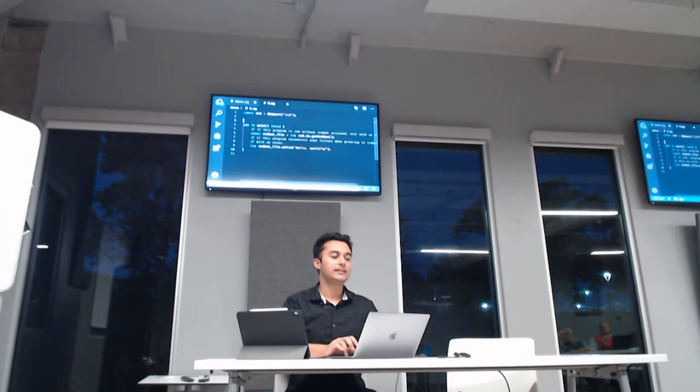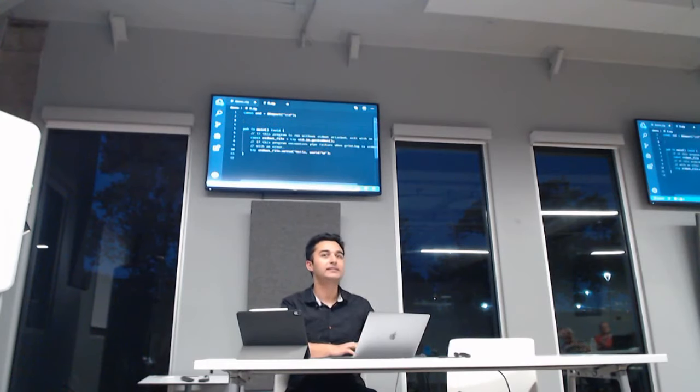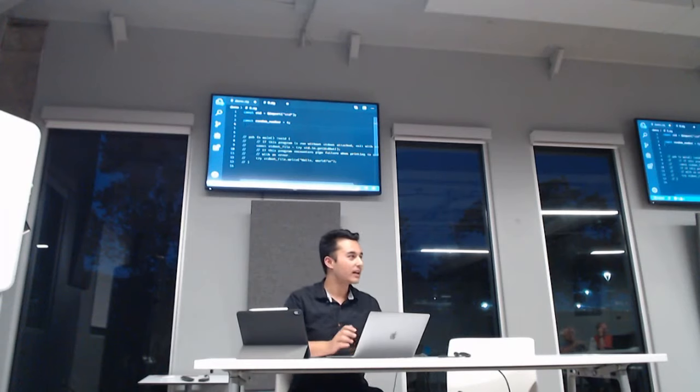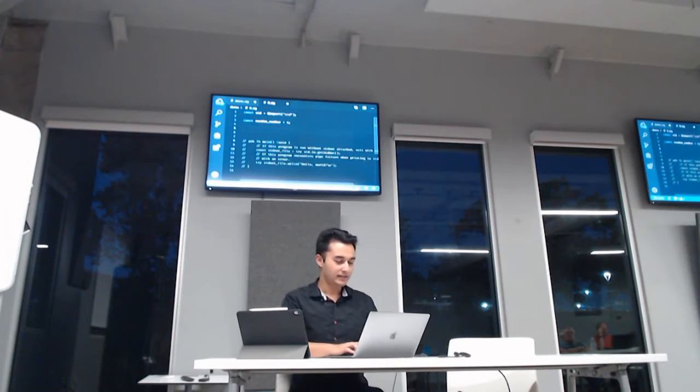So let's say we have a guess the number game, right? I'll come back to this, but let's say a random number is 4, right? XKCD reference. I don't know if it's 4 or 42, but anyways. And we have a function called play, and then it takes in an input of const u8.